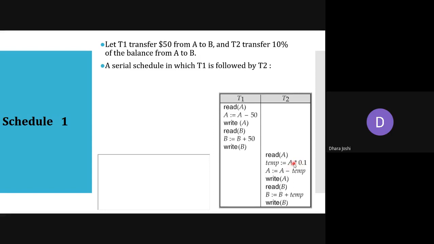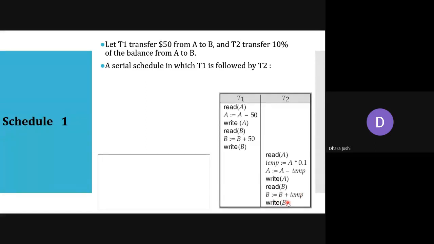So the balance multiplied by 0.1 is 10%, and it will store this value in a temporary variable and then deduct this 10% from the actual balance of A. Then it will update the balance of A, and it will read the balance of B, add this 10% of account A's balance into B's account and update B's balance.